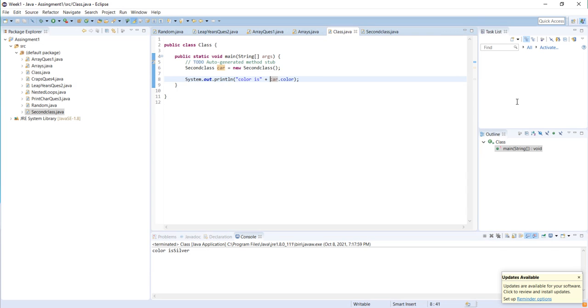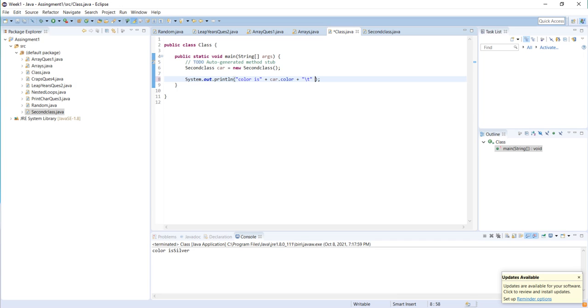Okay, so I have accomplished my first task, and my second one was to get the speed of the car.